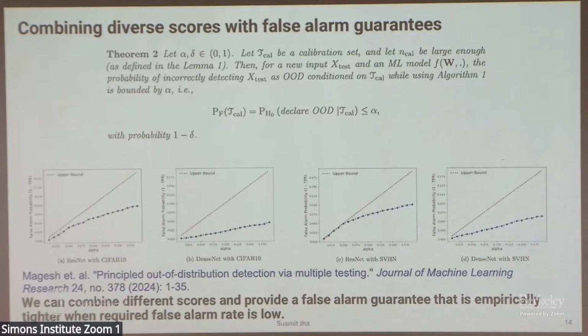What was really interesting is that when we ran our experiments, for low alpha, which is where you would typically operate, because you'd want your false alarm guarantee to be low, the actual values and the bound were close to each other. All of us who have tried to do theoretical work realize that bounds often are orders of magnitude far from where the reality is. So at least to me, what was really fun here was that not only do we have a bound, it's a tight enough bound experimentally as well.